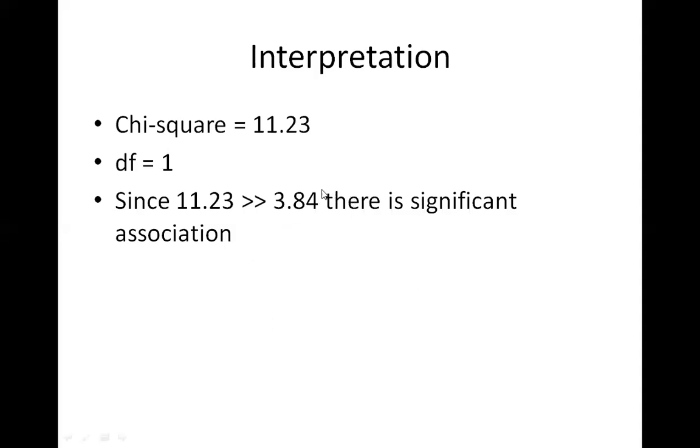If you look at the chi-square table, which is given at the end of your textbook, for degree of freedom 1, the value of chi-square is 3.84. If your calculated value is more than this value for the appropriate degree of freedom, then it is significant. So for 2 by 2 table, you need to memorize that chi-square value for degree of freedom 1 is 3.84. This you need to memorize. This will not be provided in exam. Okay, sir.